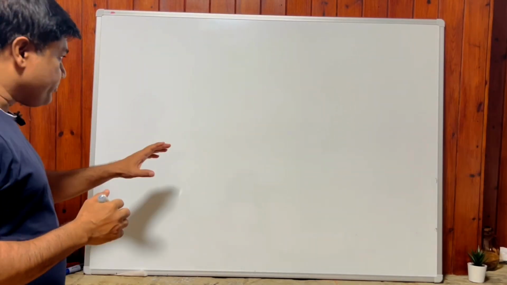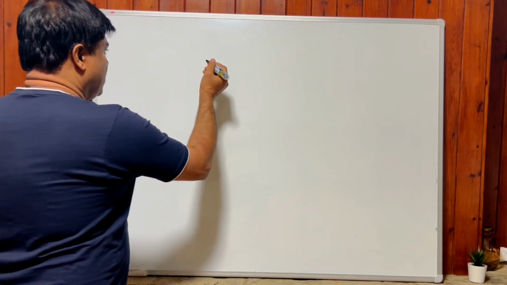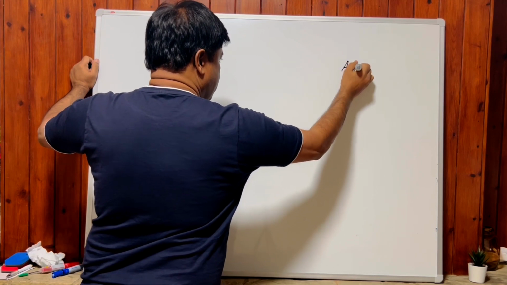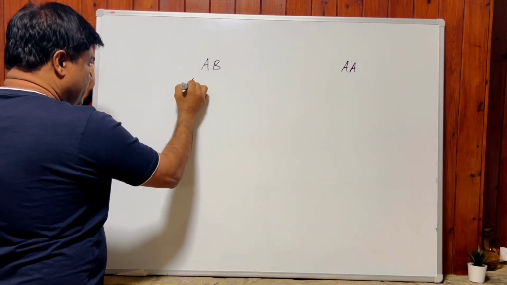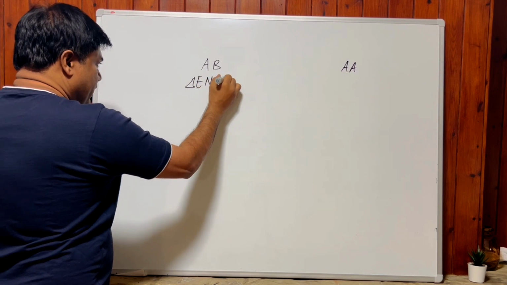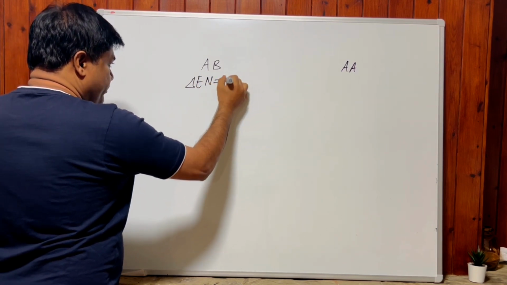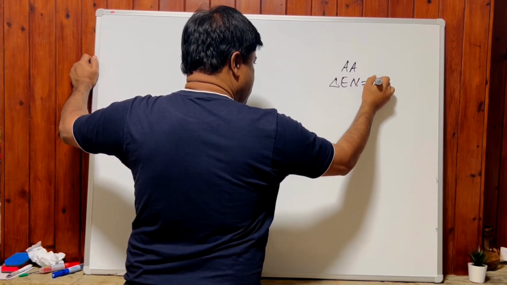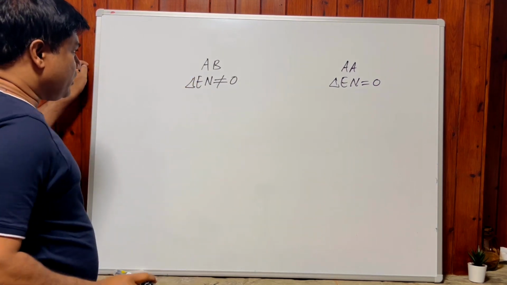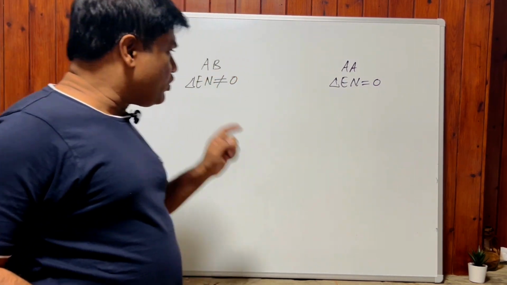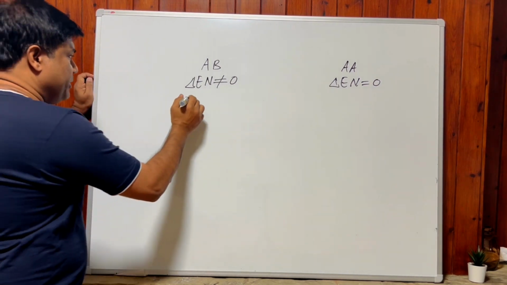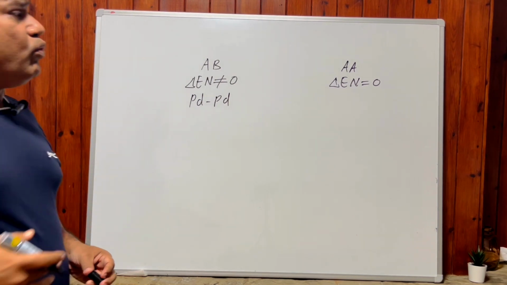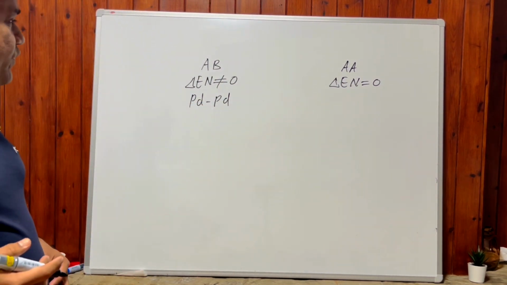Now, first of all, AB type and AA type. AB means difference in electronegativity, the difference in electronegativity is not equal to 0. For AA type, the difference in electronegativity, delta E, is equal to 0. What type of intermolecular force of attraction? PD-PD, guys. If there is no PD-PD, what's the other type of intermolecular force of attraction,